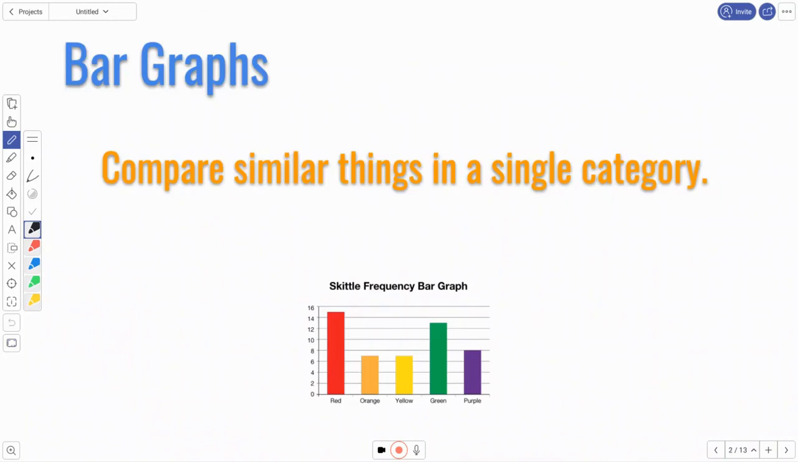Bar graphs are comparing similar things in different categories. They can either go up and down and be vertical or left and right and be horizontal. All right. So you're going to try to read a few of these bar graphs just to practice. Well, good luck. And we'll come back and learn a little bit about line graphs in a